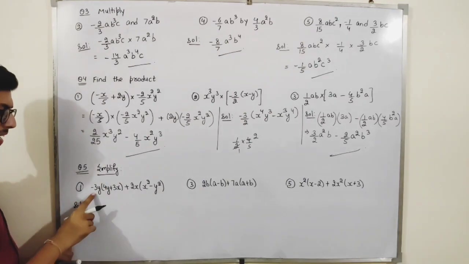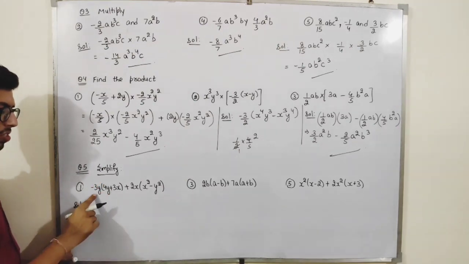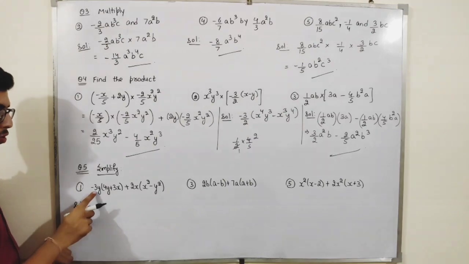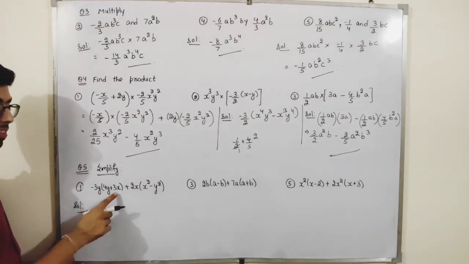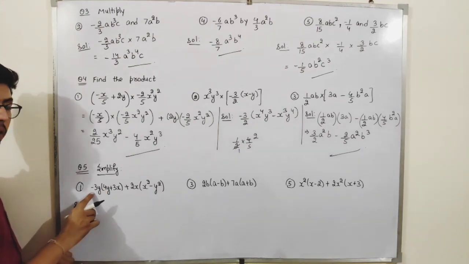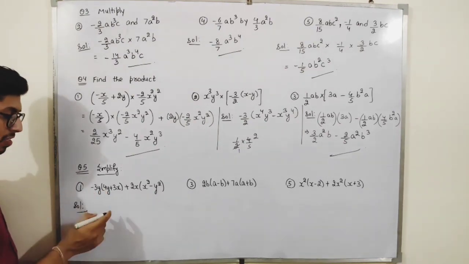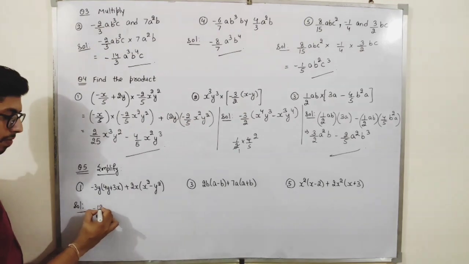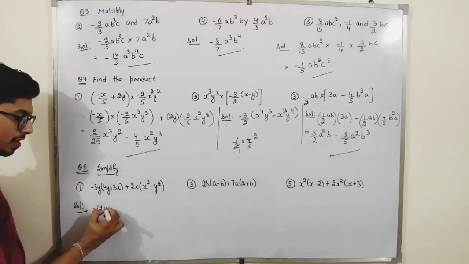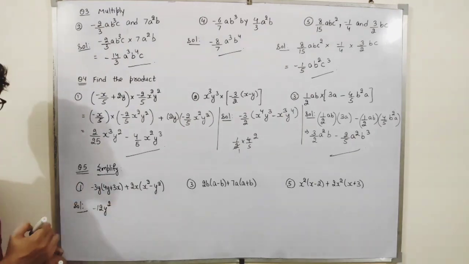Okay. See, minus 3y by bracket. This means minus 3y is in multiplication with the whole of these. Okay. So multiply this by this number and multiply this by this number. So if I multiply this by this, 4 into minus 3, 4 3s are 12 and the negative is here, so it will be minus 12. Now y into y, they are in multiplication, so just add the powers. So this will be y square.